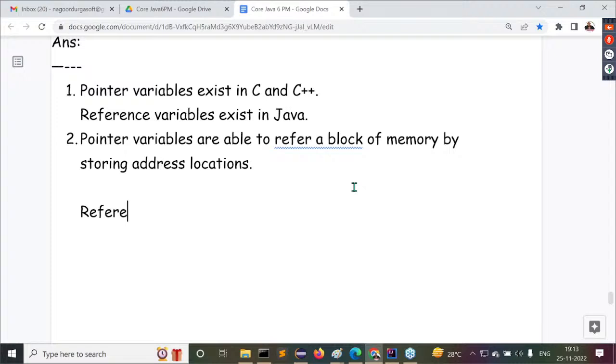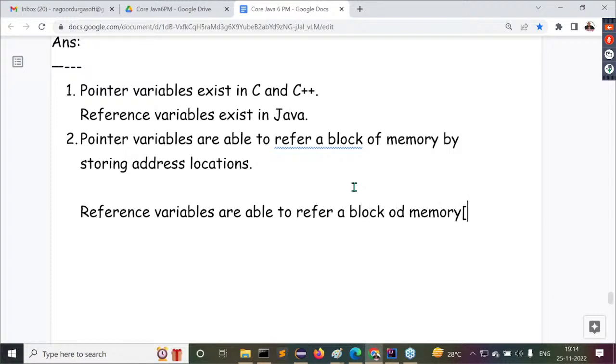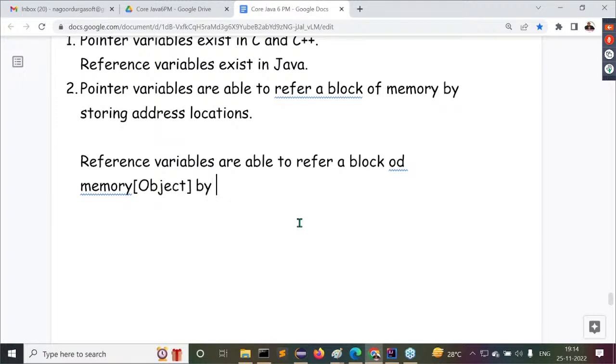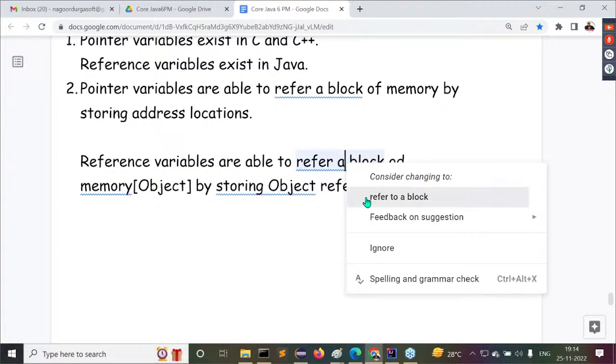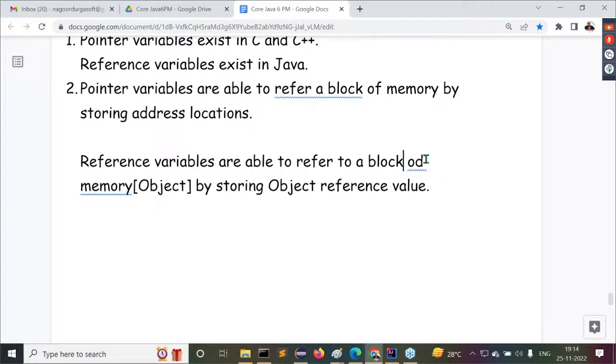Reference variables are able to refer to a block of memory, that is an object, by storing the object's reference value.